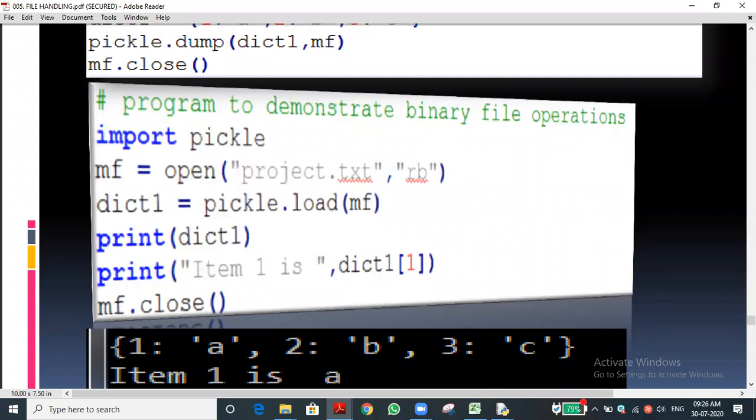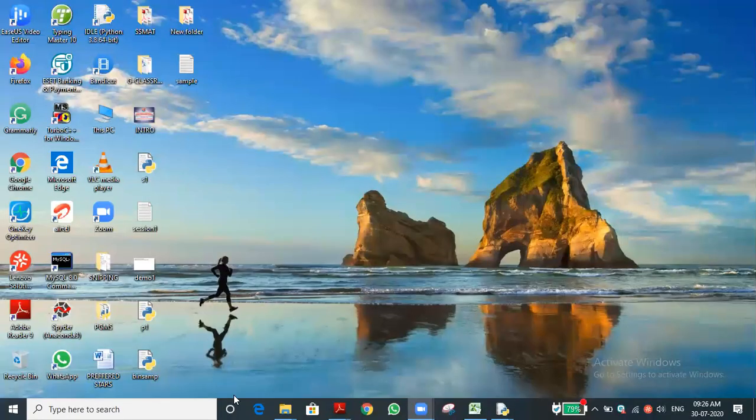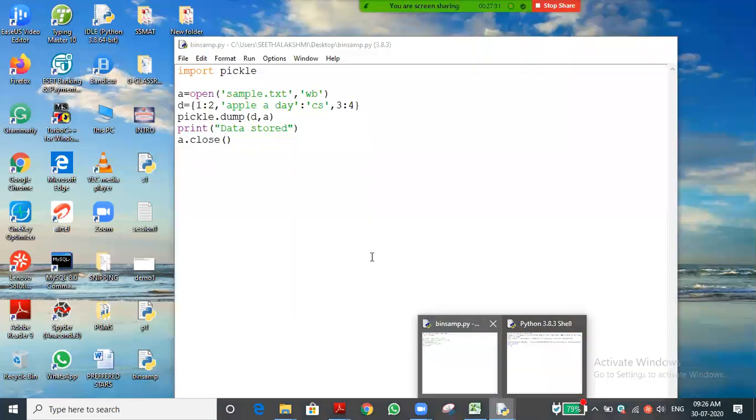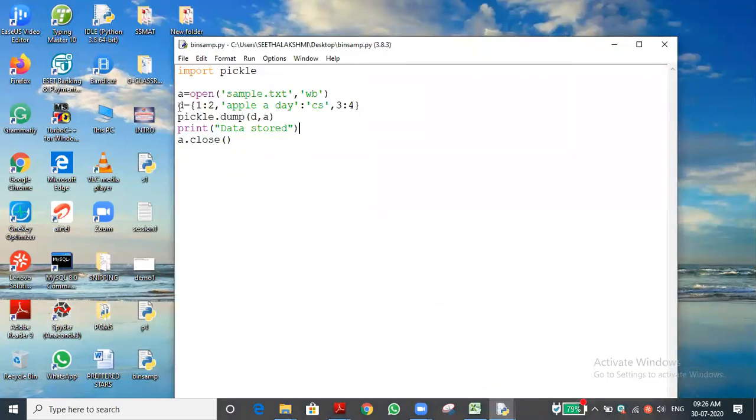I will just close this one. One minute. Instead of writing, I'm just making this a comment line. We are opening it in read mode. This also is not needed. Now we need to read the data. How to read the data? We need one variable, isn't it? For example, I'm just giving d1. D1 is a variable. What is the syntax?